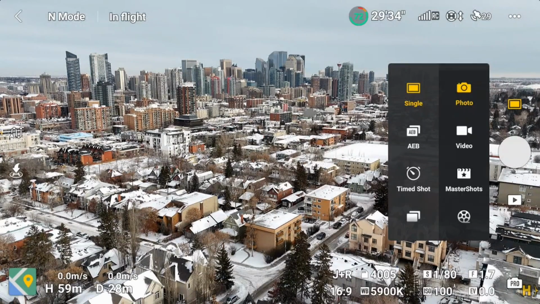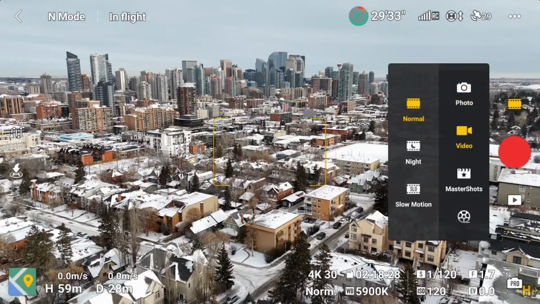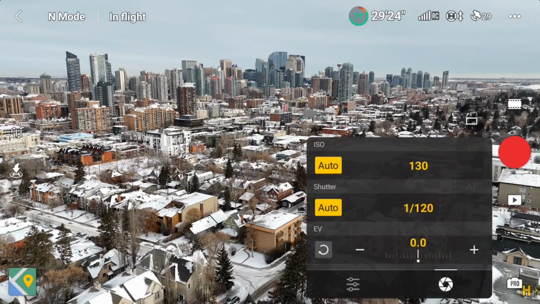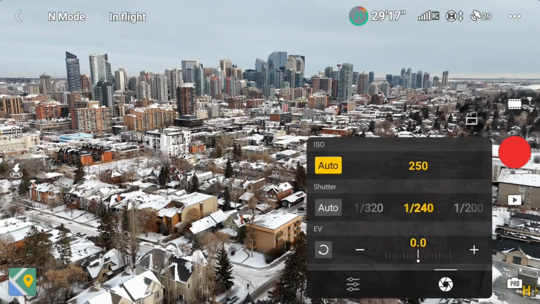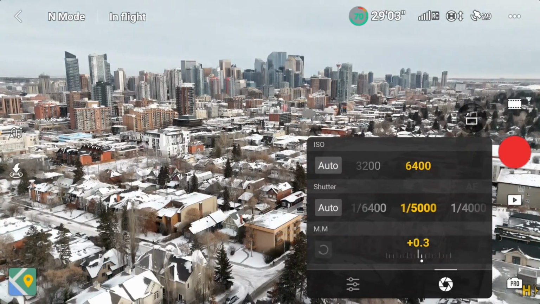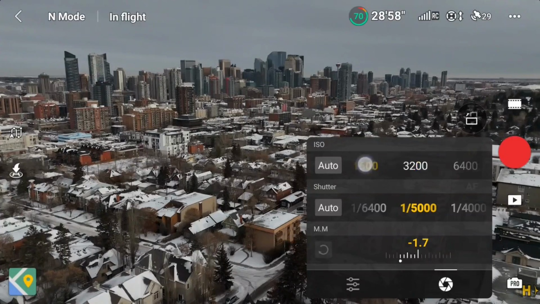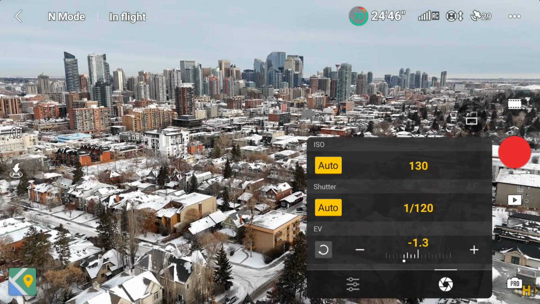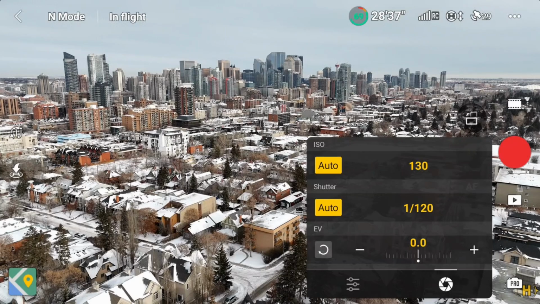So I'm gonna switch over to video mode, and you'll see a lot of the same settings as we've just seen in photo mode. So all of the exposure settings are the same. You have ISO, shutter speed, and exposure value, and you would adjust them the same as you would in photo mode. So I won't spend a bunch of time here,